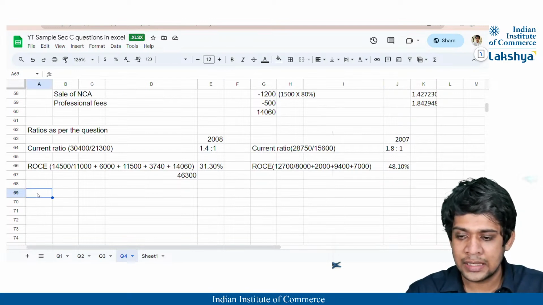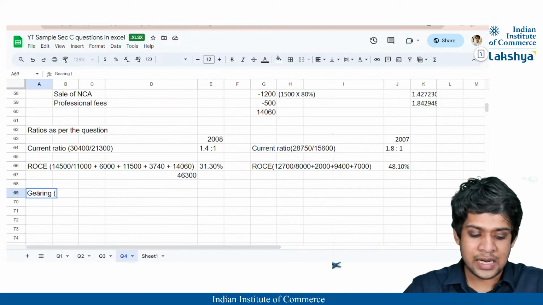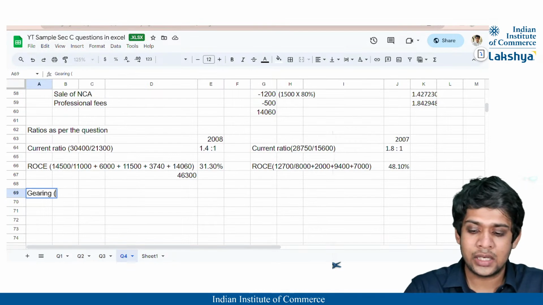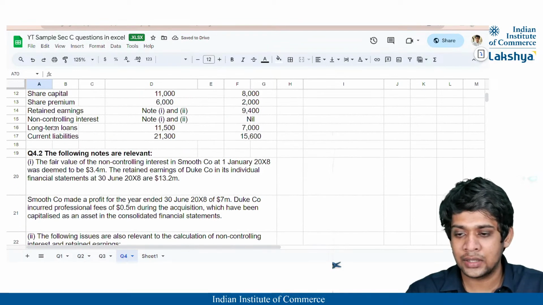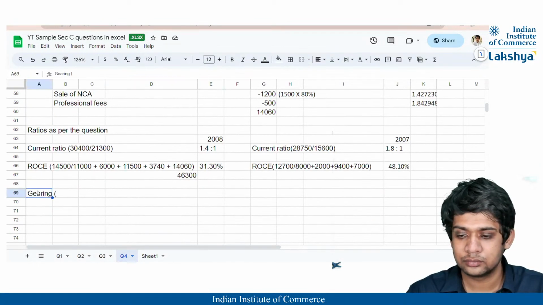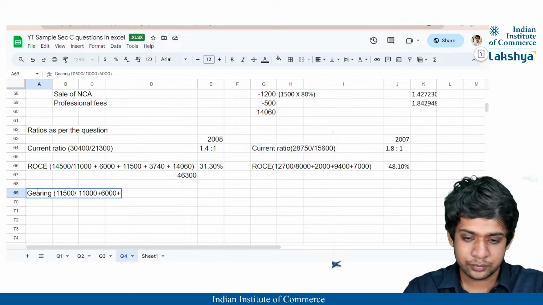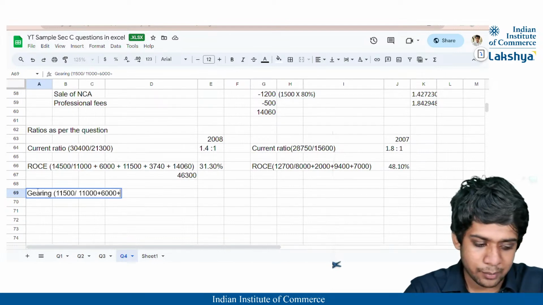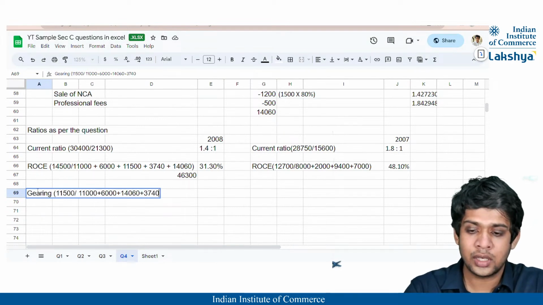मूविंग ऑन टू द लास्ट पार्ट दैट इज गियरिंग. So gearing is guys nothing but debt upon equity, right? So debt कितना है? Let us see. Non current liabilities हमारा कितना है? Long term loans 11,500. करेक्ट, 11,500 डिवाइड बाय इक्विटी कितना है 11,000 प्लस 6,000 प्लस हमारा 14,060 प्लस 3,740. करेक्ट,